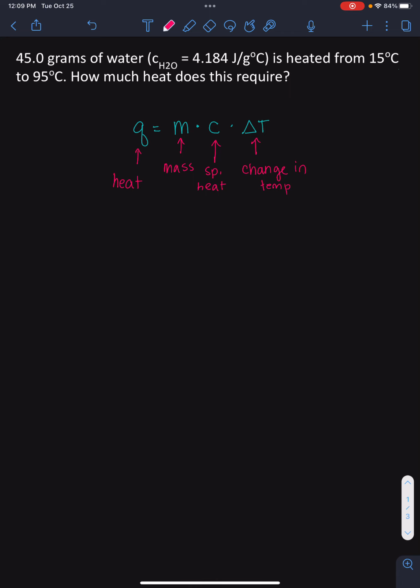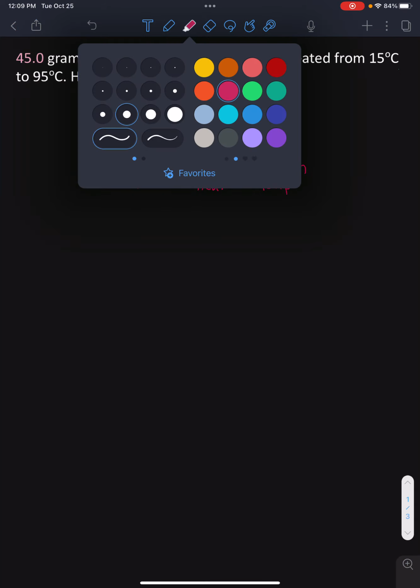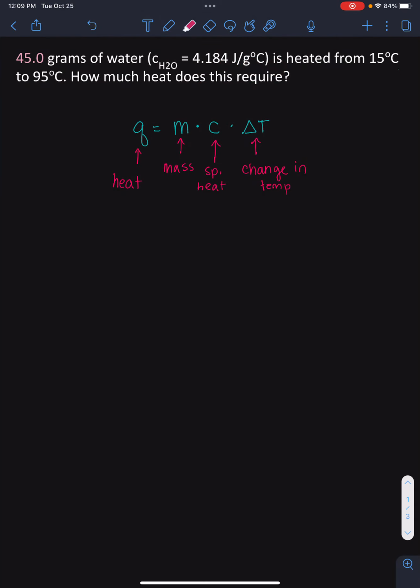Okay, so reading through this problem, it says 45 grams of water. So I'm given the mass of water. C of water is 4.184, so I'm given the specific heat. And it's heated from 15 to 95. So while the change in temperature is not given to me directly, I can find it pretty easily using those two numbers. So if I'm calculating Q,